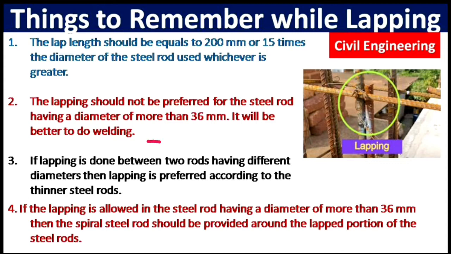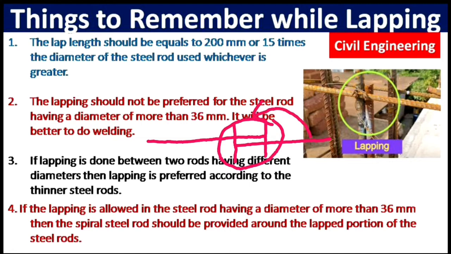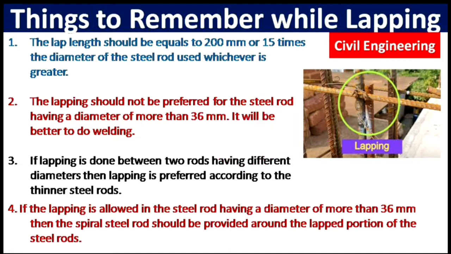Lapping means if we connect this rod to this rod, then we have to overlap this section. It means this section we have to add. One rod has to overlap with another rod. This is known as lapping. Okay, you can see in this picture, this rod has gone up to here, and after that there is no rod above it, so another rod has to be placed on it. Now this overlapping distance between the rods is known as the lap length.